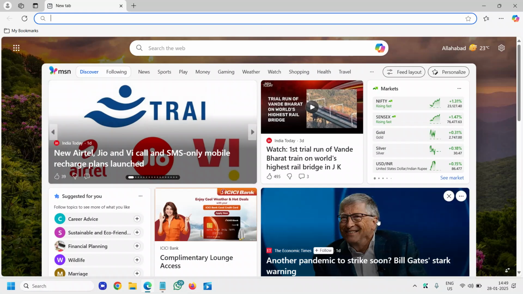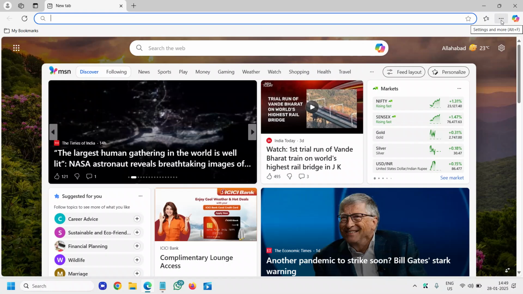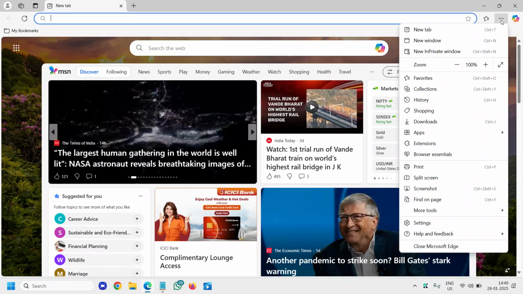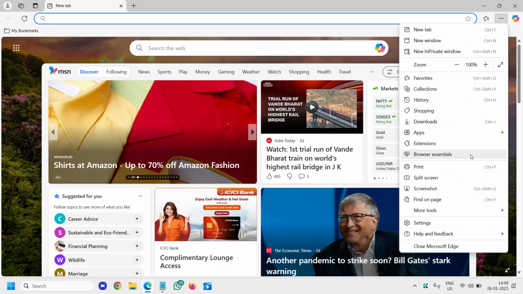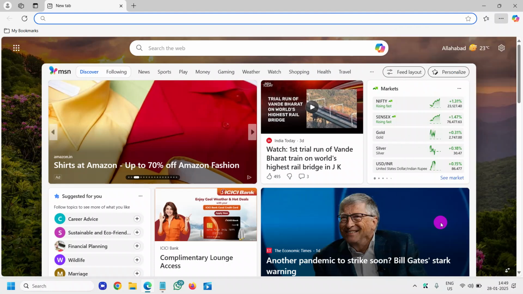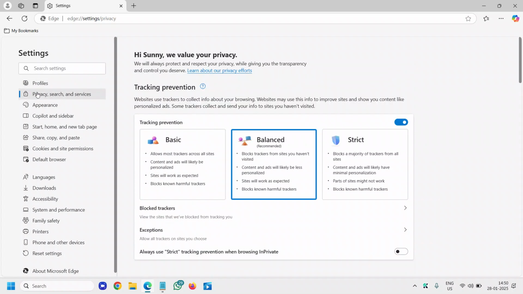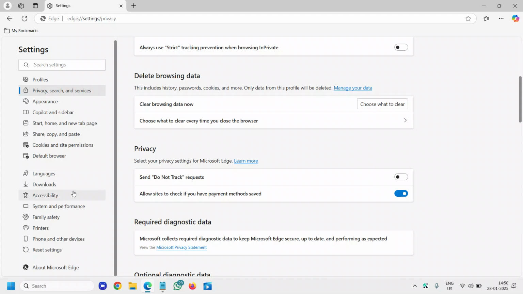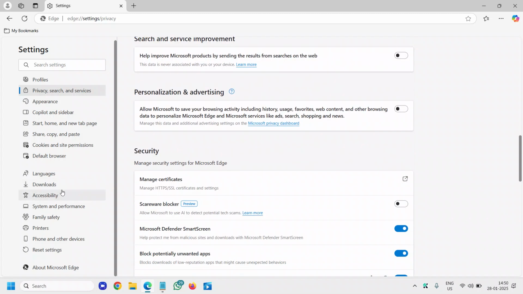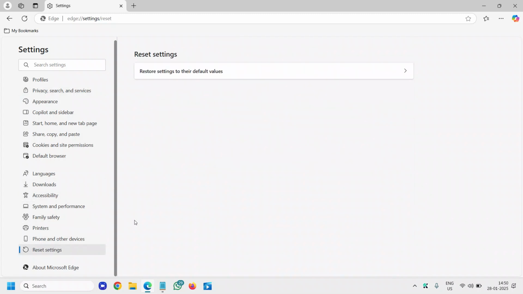So open your Edge browser, and at the top right corner where you see the three dots, we need to click on that. And then we need to go to the bottom and you will find settings. Once you click on that, at the left hand side, you will find profile and privacy and a lot of things. And you just need to scroll down and you will find reset settings, and it says reset settings to